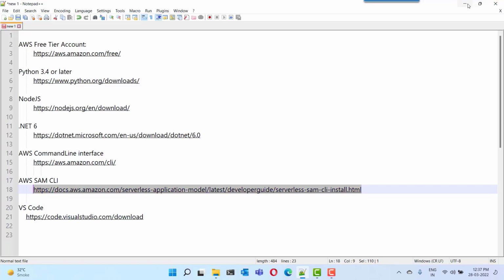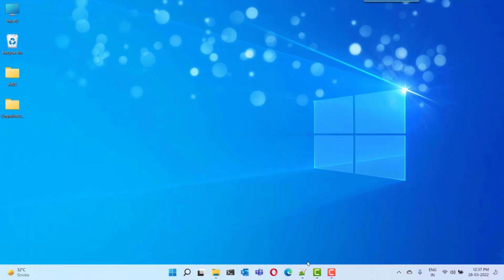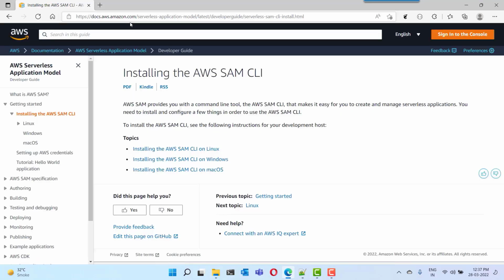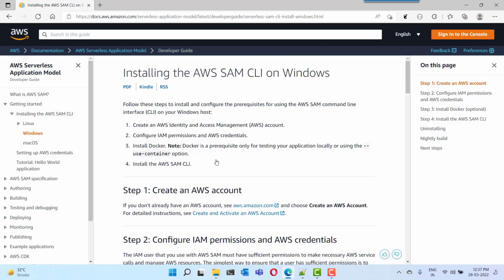These links I will be providing in the description. So you can navigate to this URL, and here you can see the links for SAM CLI download for Windows, Linux and Mac. So I'm going to the Windows, and here you can see the steps for creating and configuring the SAM CLI